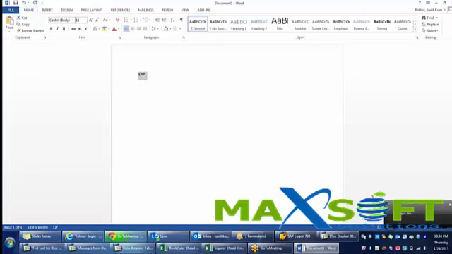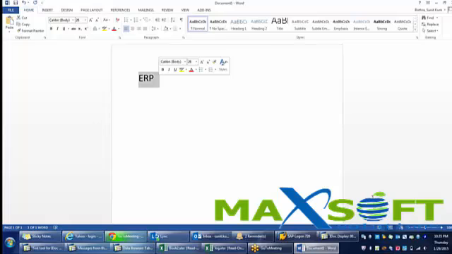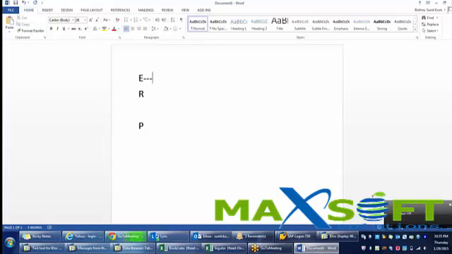The term ERP you might have heard, because the software which is SAP is an ERP software, right? In ERP, E stands for enterprise, R stands for resource, P for planning. An enterprise means an organization where a set of people work to achieve certain targets. So from this definition, we cannot say only a company is an enterprise, because after all it's an organization where a set of people work to achieve certain targets.